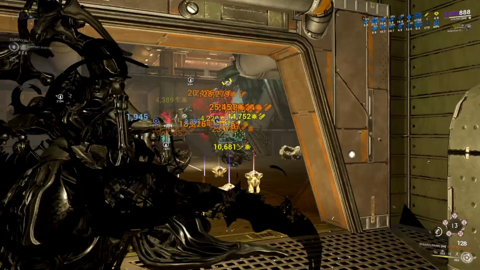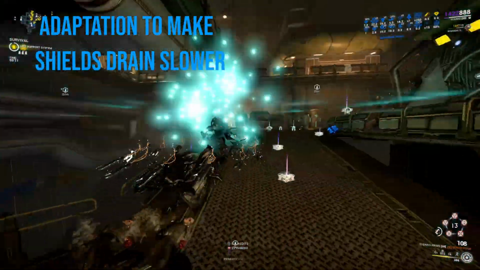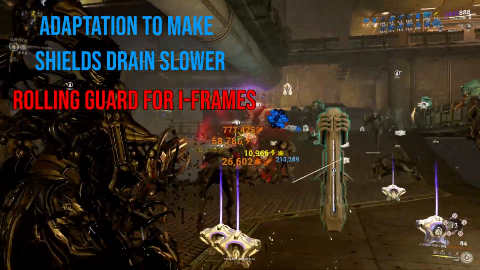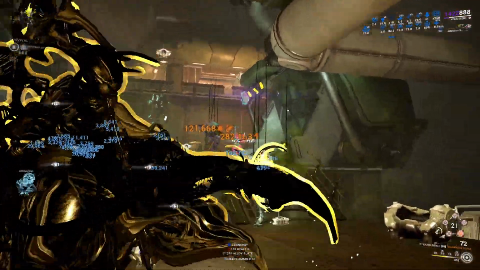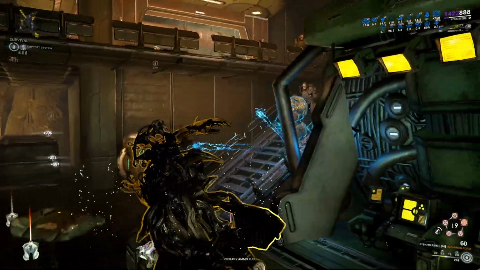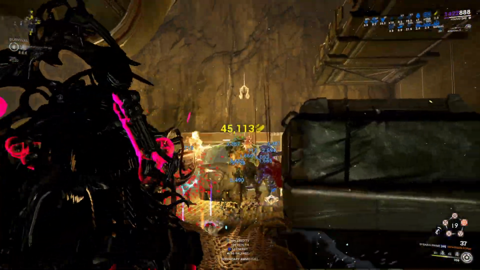So to survive with Koumei very easily, do this. Equip adaptation in order for all that extra shield to tank more reliably since adaptation works on shields, and equip rolling guard so you can get more iframes for your shield to come back up. Now your options to make it easier for those shields to come back up are two. Either go for 1 to 2 Ogre mods, or simply equip shield recharge mods. Shield recharge mods are way better for a survivability focused build, while Ogre mods are more useful for a more